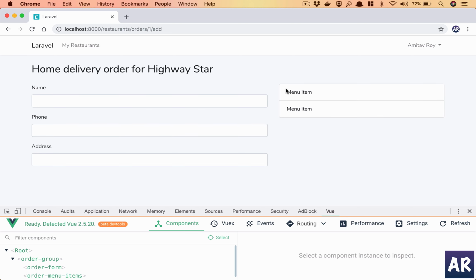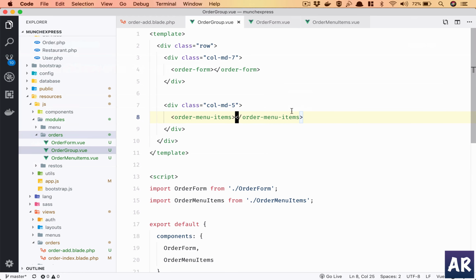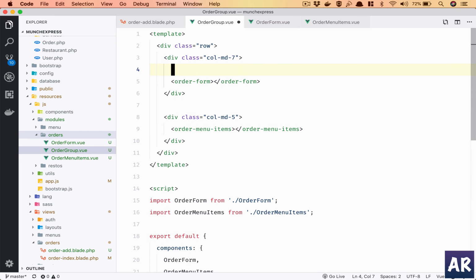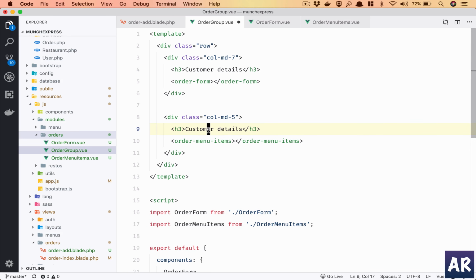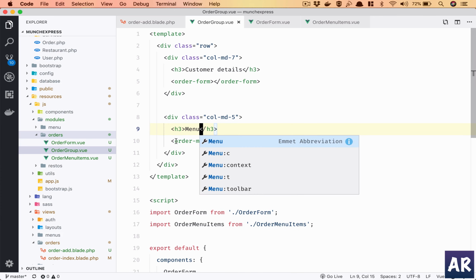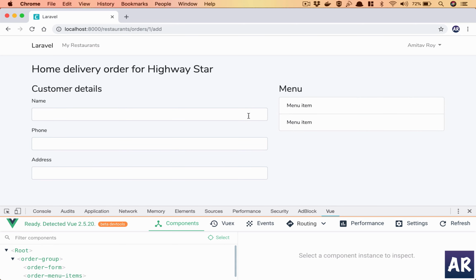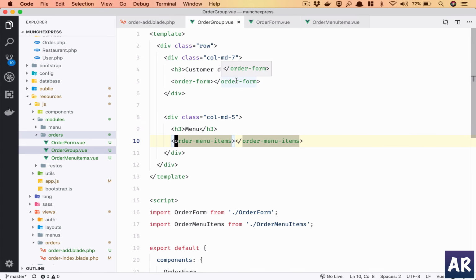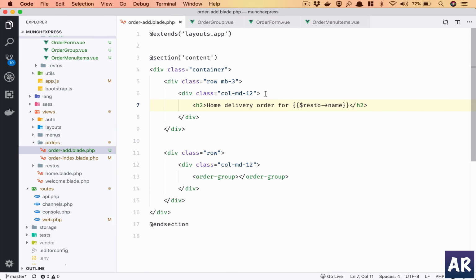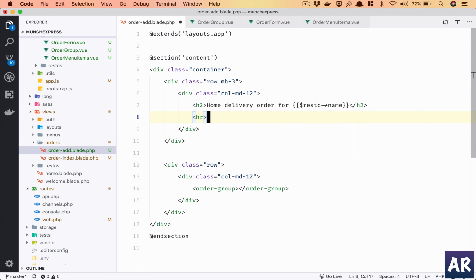So we need to pass the data in here some way, so we need to figure that out. Why don't we have some headings here? So customer details, menu, and now let's work on the code to get the menu from that, what do you call, API, so that we can work with it. So yeah,